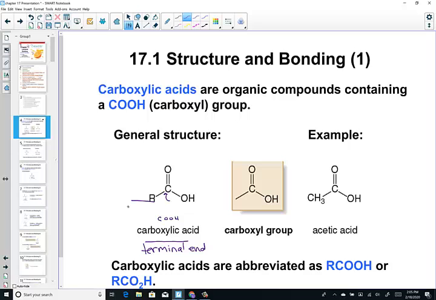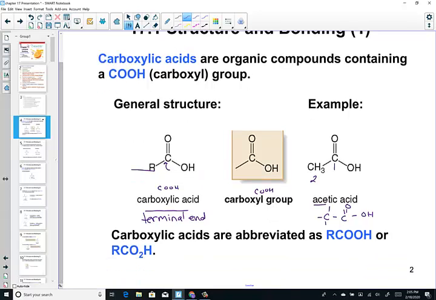The carboxyl group is the COOH, and as an example of a carboxylic acid, we could look at a 2-carbon chain and call this acetic acid. Looking at the acetate polyatomic ion, CH3COOH, acetic acid. The carboxylic acids sometimes are abbreviated as RCOOH or RCO2H, and that's a bullet point under the